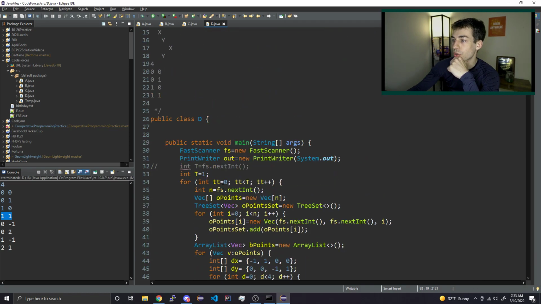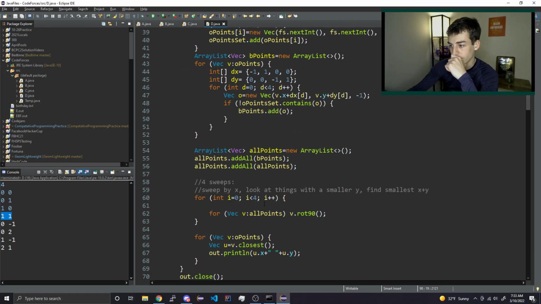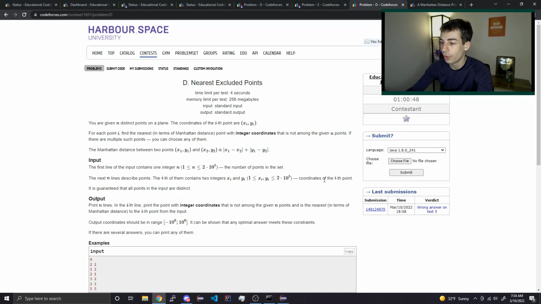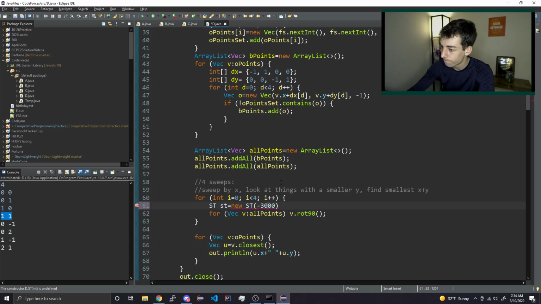Good. So we have this segment tree. How big are the points? 2 times 10 to the 5th. So we'll say 3 times, oh wait, they're all pretty small. Yeah, that's fine. 3 times 10 to the 5th. Yep. And then we'll say